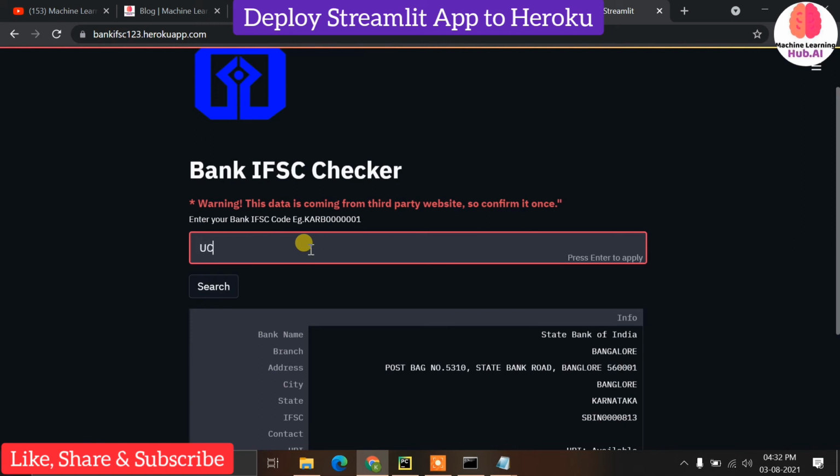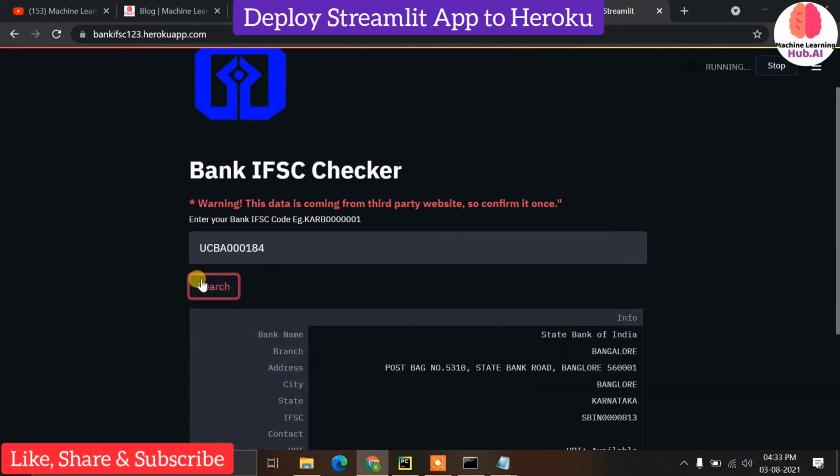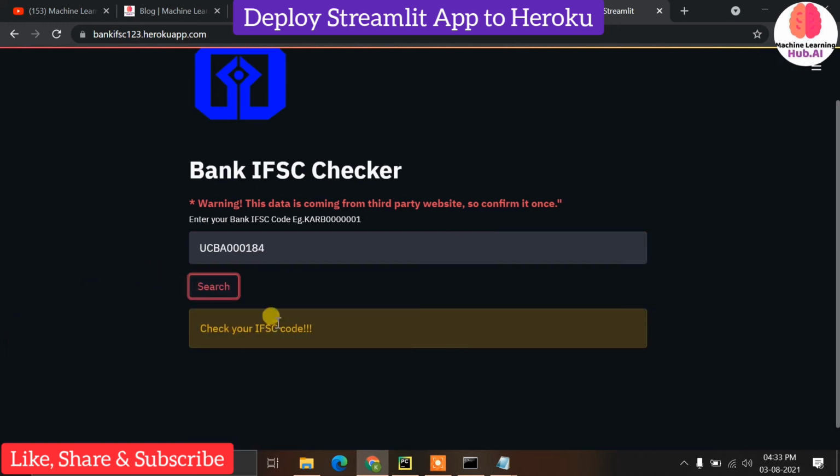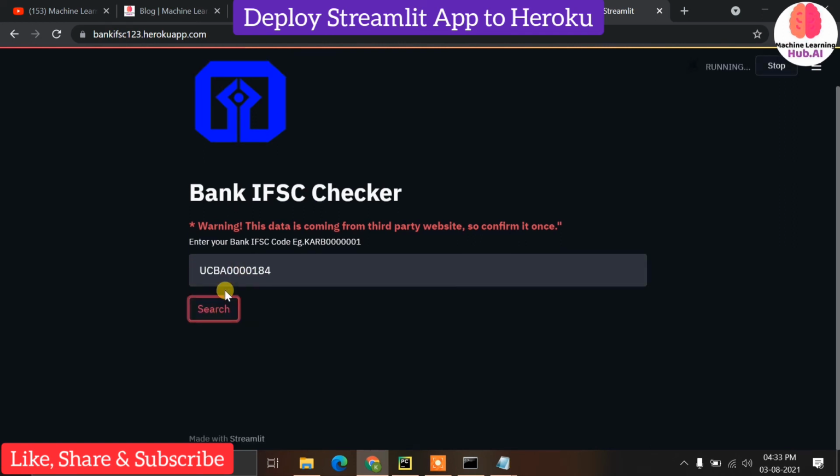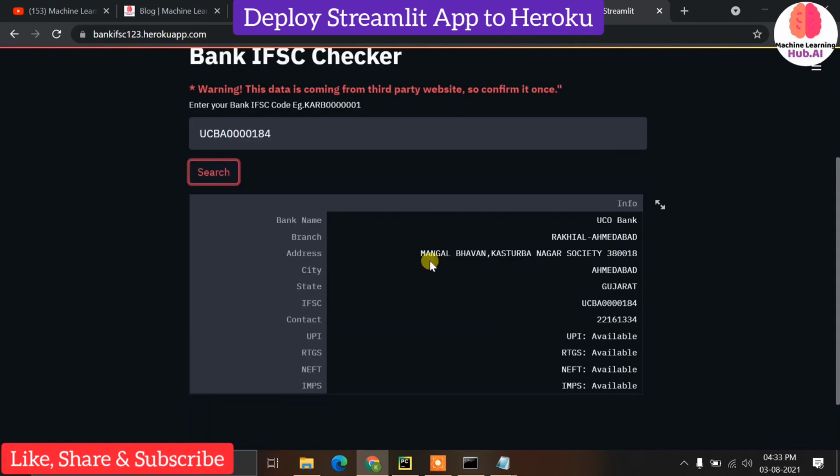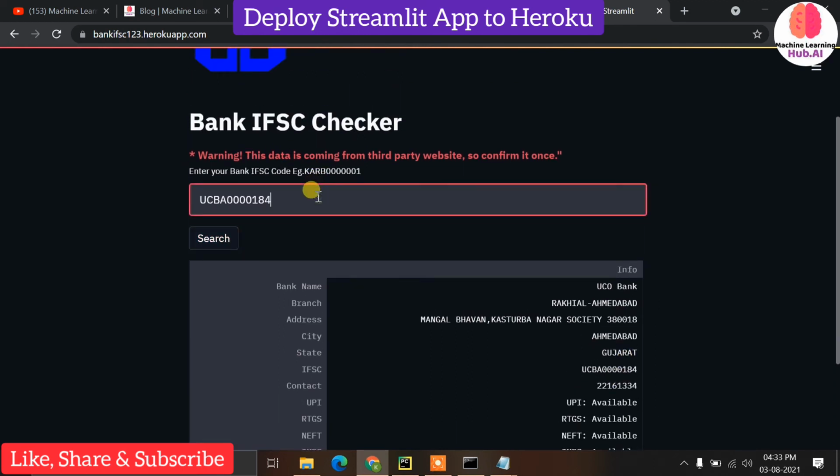Okay, and now let me check one more bank, which is actually my bank. Okay, UCB, I just entered the wrong IFSC code. Okay, now it is showing all the information. Let me check another branch.